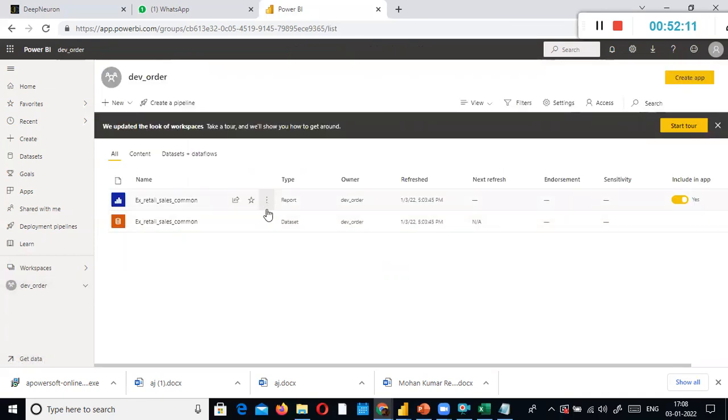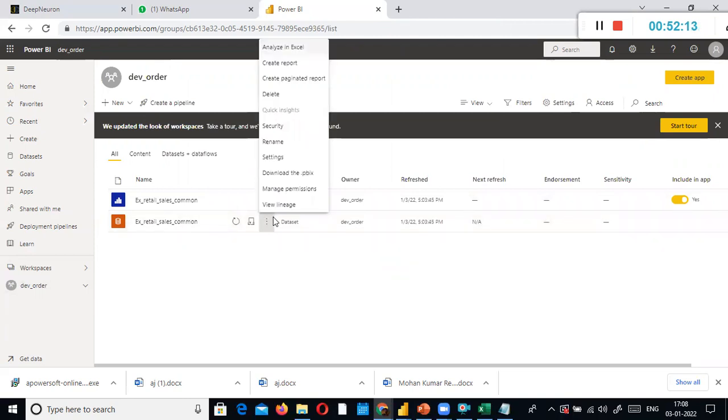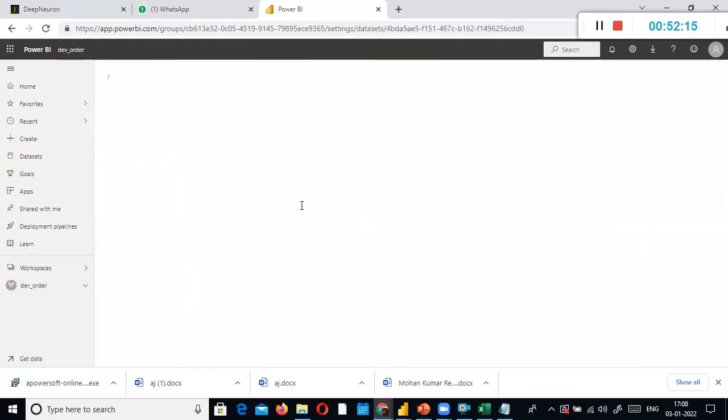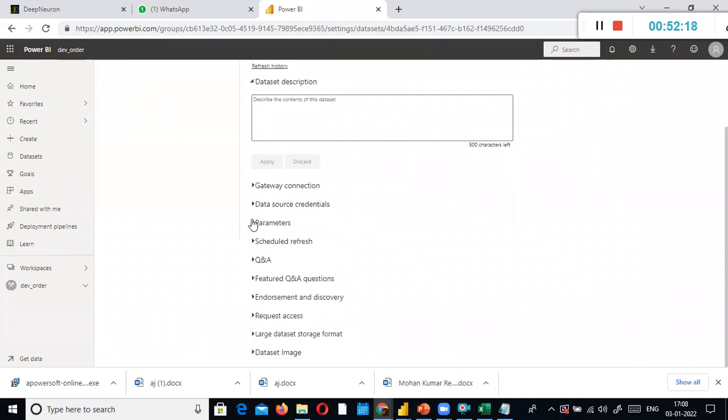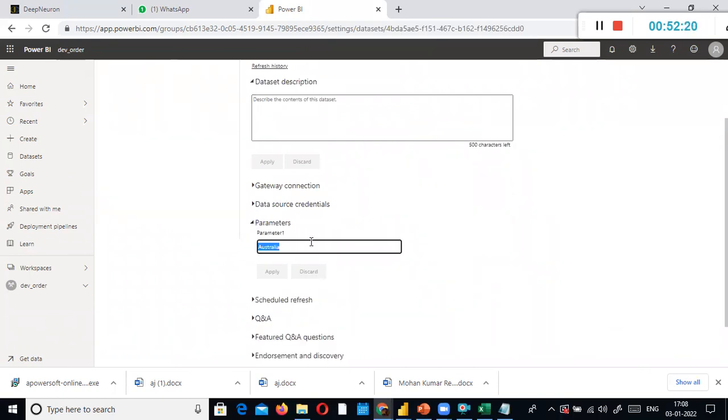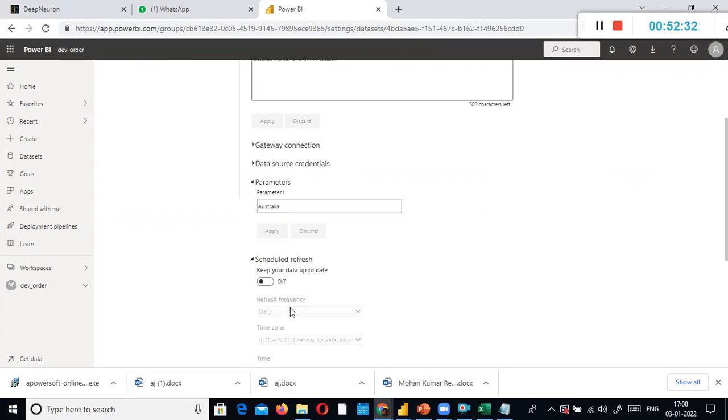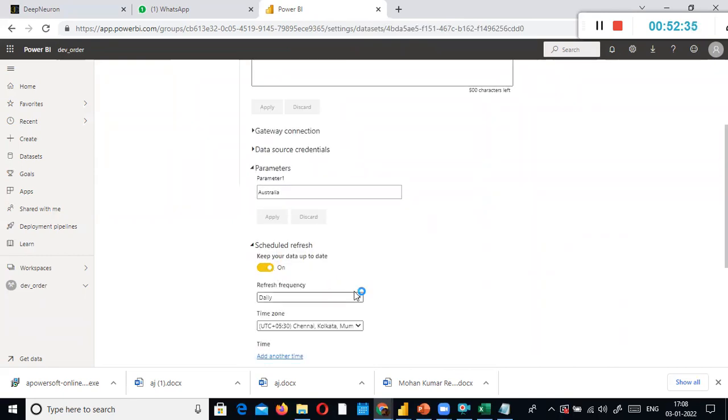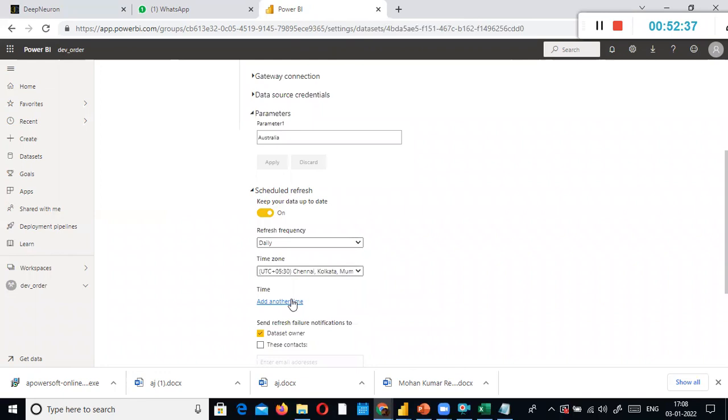The whole idea is you just think, go to the data file and then go to settings and then go to the parameters. And here the manager has to specify the country for which you need to schedule the refresh. You need to specify what time it should refresh everything. Now we established the connection. That doesn't mean the data got refreshed, right? You need to enable this one. You need to schedule the refresh daily between this one. But here you can specify the time also. Anyhow, we will see that at a later point in time, in the later sessions.